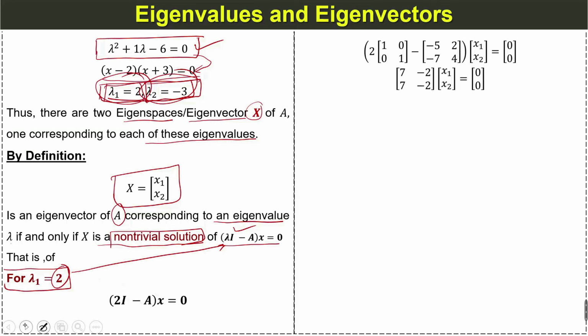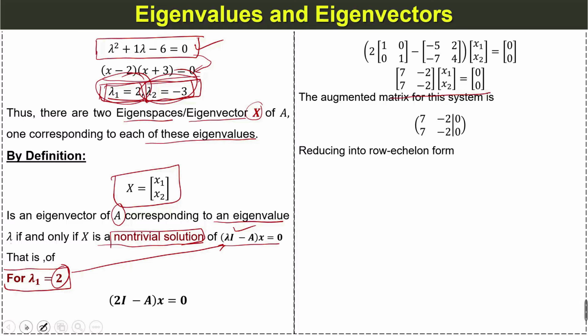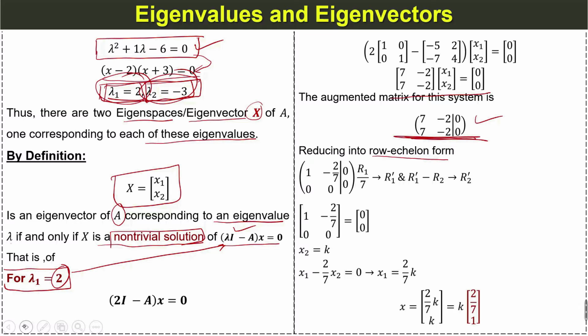Now we simplify. After simplifying we get this one. Now we write the augmented matrix for this system, and we reduce this augmented matrix into row echelon form. After reducing we have this one, and again we write this as the eigenvector